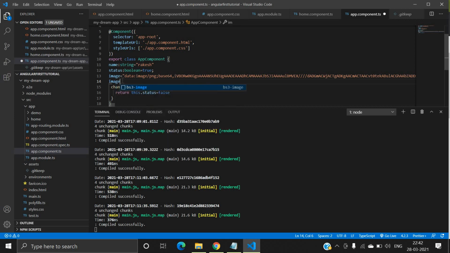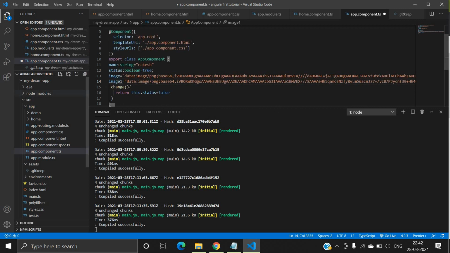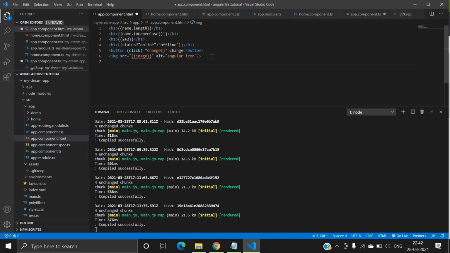I can write image one. Inside this image one I will put that link, and this image one I will use inside. I will copy and paste.